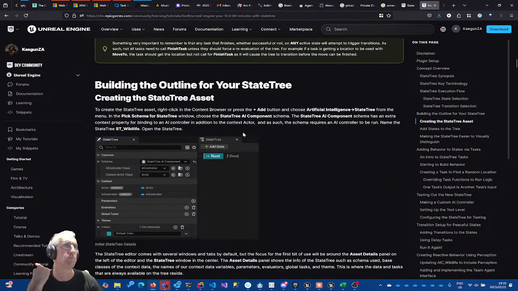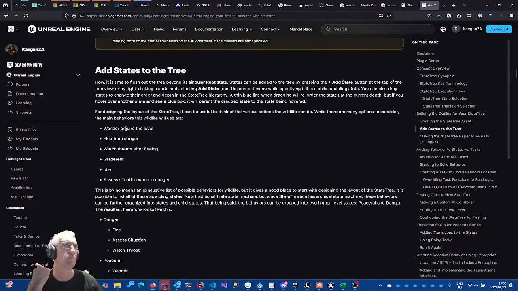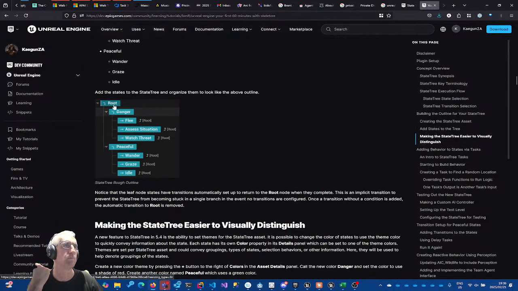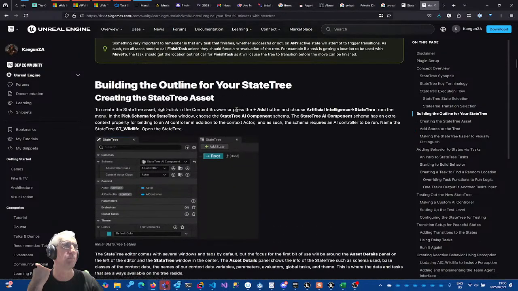Okay. We're going to basically replicate this because it feels fairly close to what we want. It's kind of wander around the levels. We're going to start with that, and we might implement some of these other states as well. Okay, so there's add the states to the state tree and organize them into a template. But okay, so let's start by